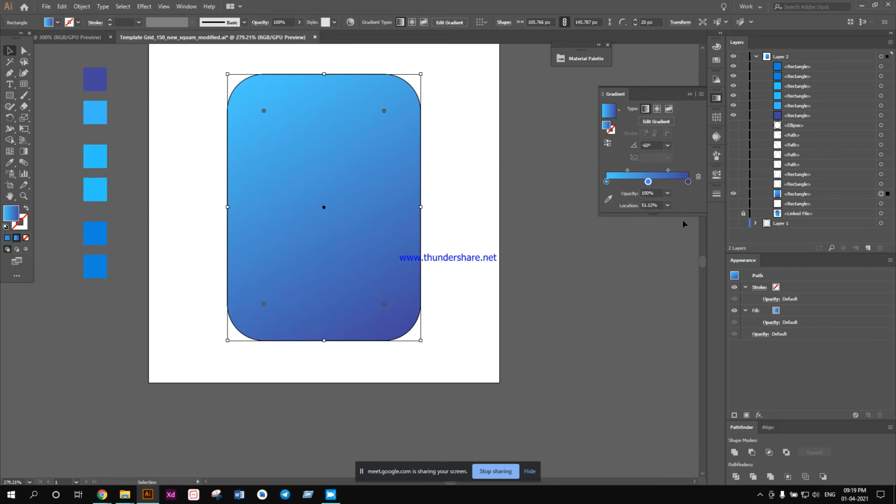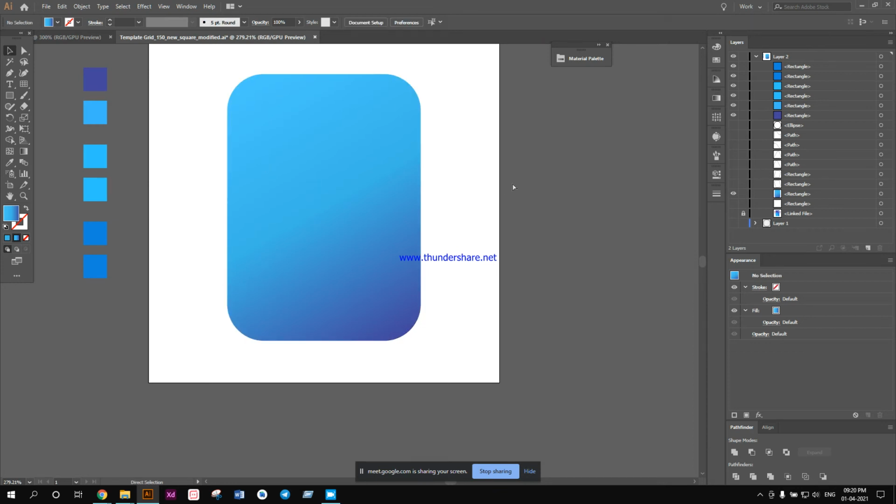Okay. I want another color to be inserted. So I just hover over it, and you'll see a plus icon. You can just click on it and another color will pop up there. I will set the location at 50%. I want to make it symmetrical even. So I want to give it a color something like this, a light one. Okay, this is something like this, now come to this part.